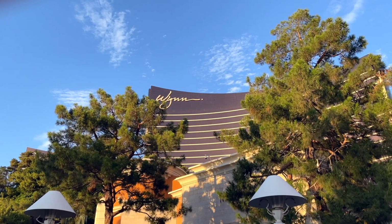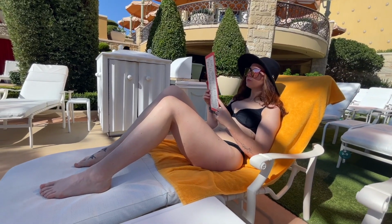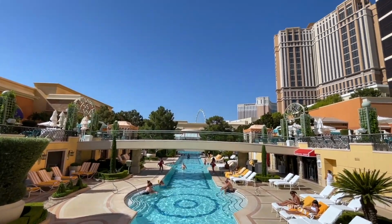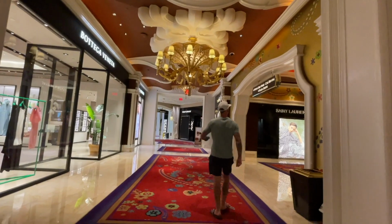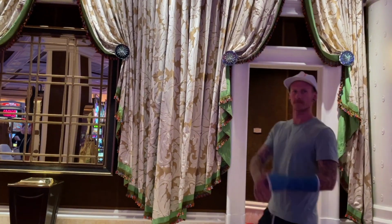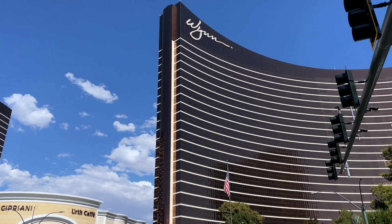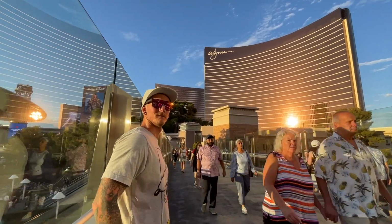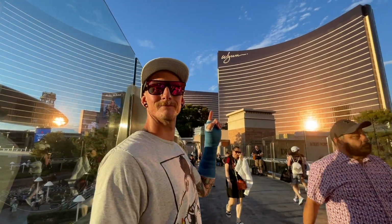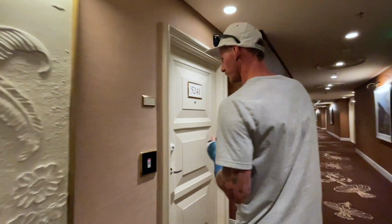According to the website, Wynn Resorts holds more Forbes Travel Guide 5-star awards than any other independent hotel company in the world. Wow. The Wynn opened back in 2005, and fun fact, at the time of opening, its 45-story hotel tower was the tallest building in Nevada. A few years later, in 2008, a sister property called Encore opened up right next door. This hotel has